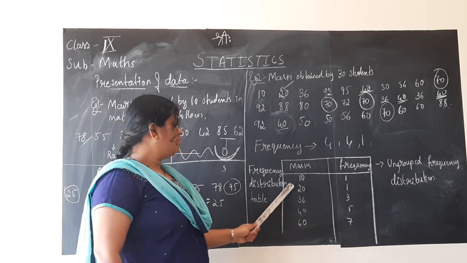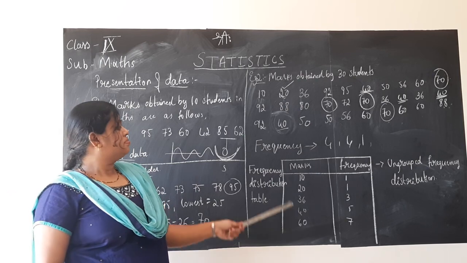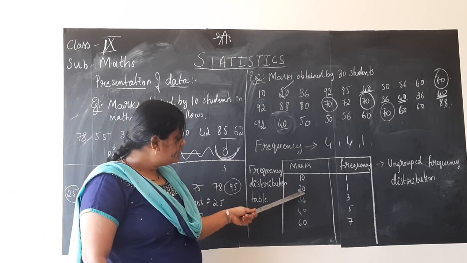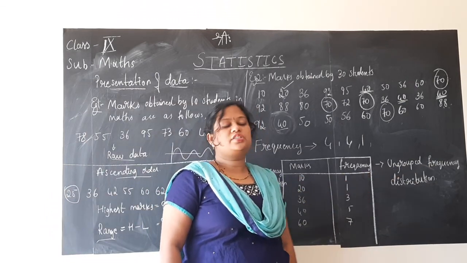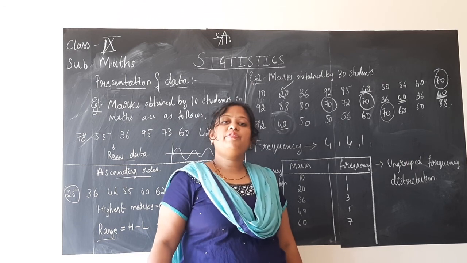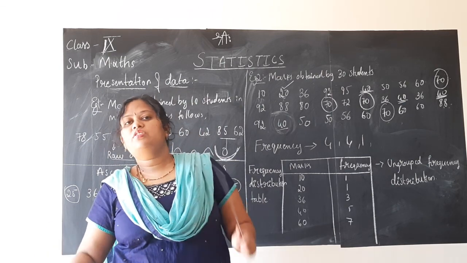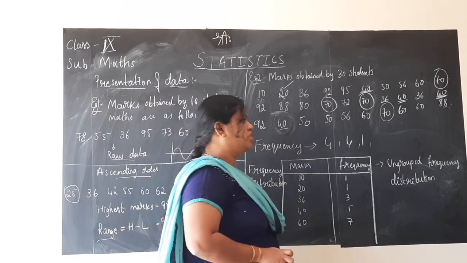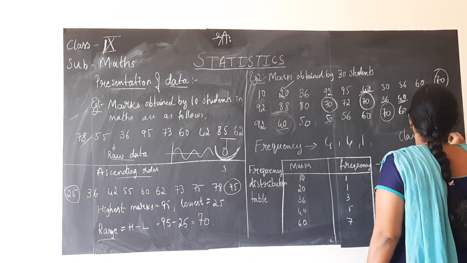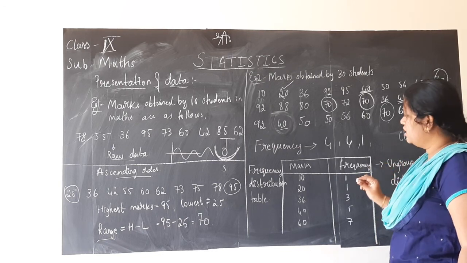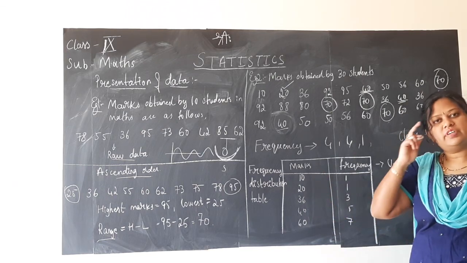One more thing, in the first marks column here, marks are written like 10, 20, 30, 40, 50. When such marks are written singly, the table is called an ungrouped frequency distribution table. If something called ungrouped is there, then grouped also should be there. That also you have studied, no children. We used to write it in the form of class interval or class. So if you write single numbers like this, it is called ungrouped data.